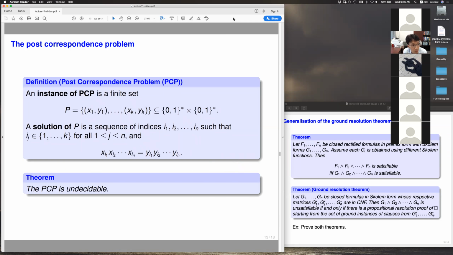So the PCP problem, here again, an instance is a finite set of pairs, and each component of the pair is a sequence of 0 and 1. Each of these pairs should be understood as a tile, and a solution is a sequence of indices of these tiles such that if you take the X components and concatenate them together, and take the Y components and concatenate them together, they are the same thing. And this is, in some sense, easy because the problem is quite simple. In another sense, it's hard because